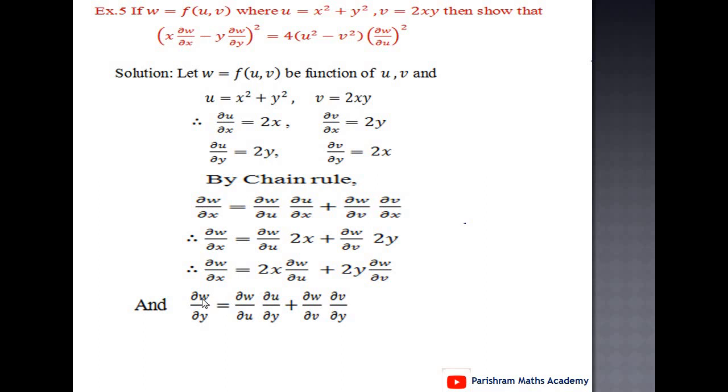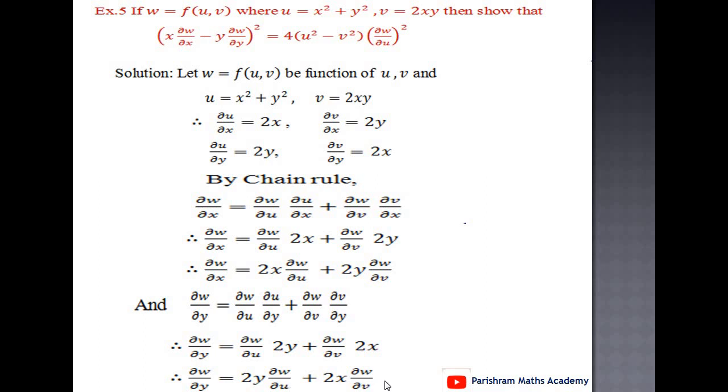Also derivative of w with respect to y partially is nothing but ∂w/∂u into ∂u/∂y plus ∂w/∂v into ∂v/∂y. But ∂u/∂y is twice y and ∂v/∂y is twice x. Putting this value we get ∂w/∂y equal to twice y into ∂w/∂u plus twice x into ∂w/∂v,